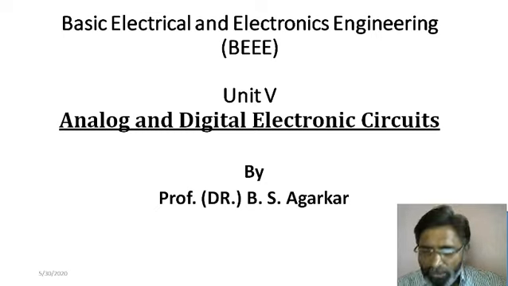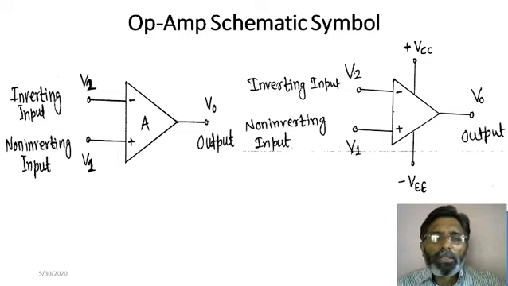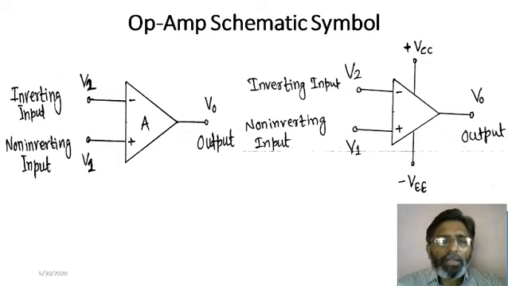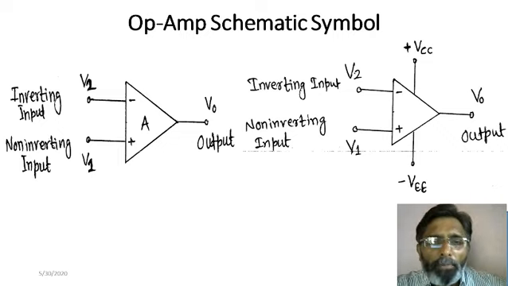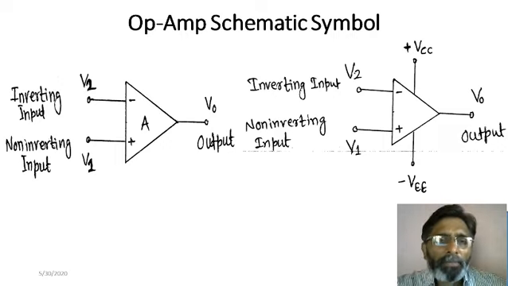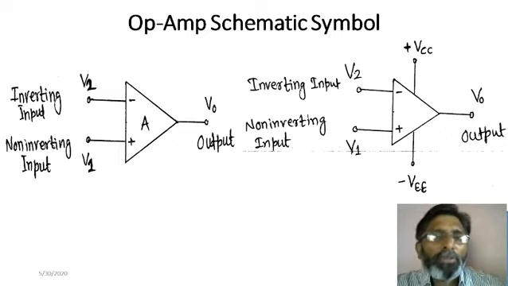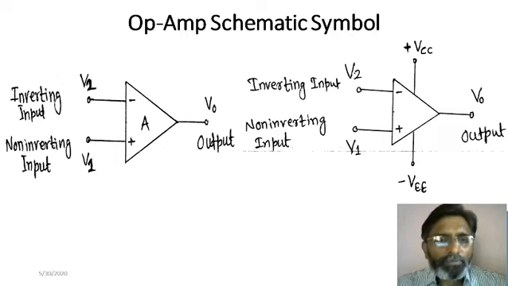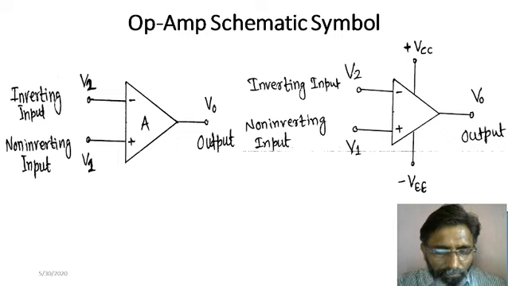Now the next important point is this block diagram of op-amp. When we implement it in the form of a circuit, it becomes quite a big circuit, and we can't always represent the op-amp in the form of its block diagram. So as we have seen for the diode or the transistor, for the op-amp also we use the schematic symbol. You can see here